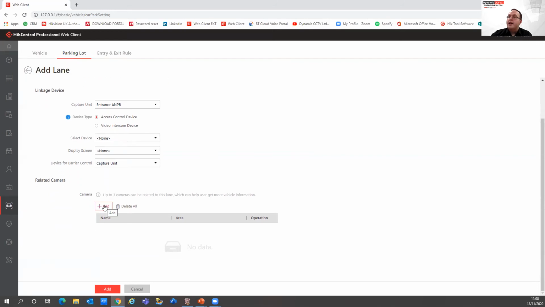You can also relate cameras to each individual lane. So if you have overview cameras, all those can be linked to the ANPR camera. So when a vehicle's detected, it can take a capture from up to 3 different cameras each time that vehicle's detected by the actual camera. So if I add that one in,